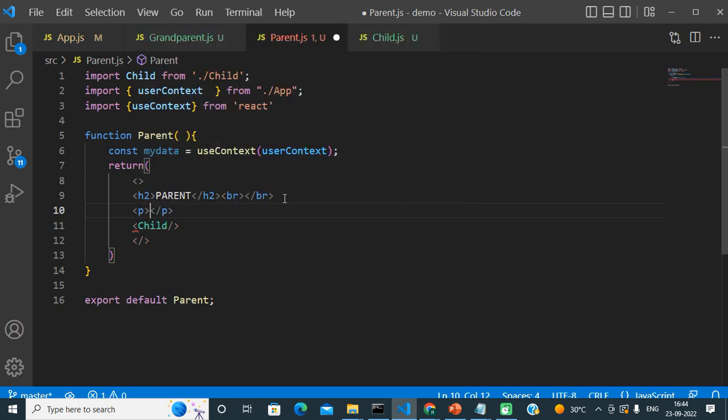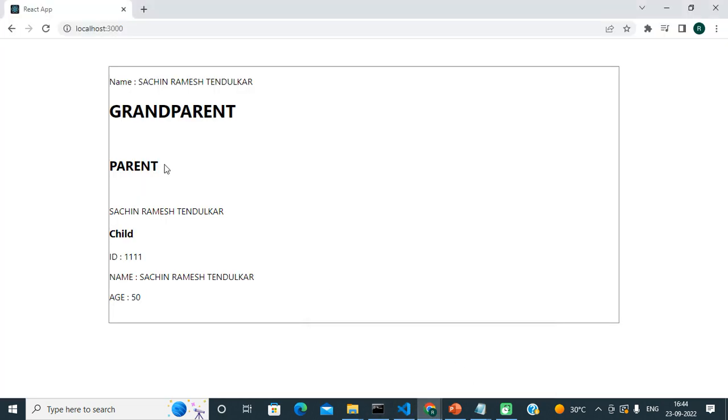So let's say a p element inside of this parent component, I can display anything, like I am just displaying name. If I save this file, you can see I am trying to access it in the parent component. This should come after the parent h2 heading. Let's check that. You can see this is parent and this name is actually coming from the parent component.